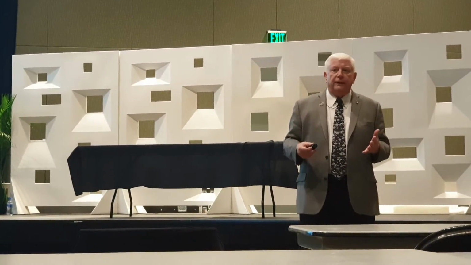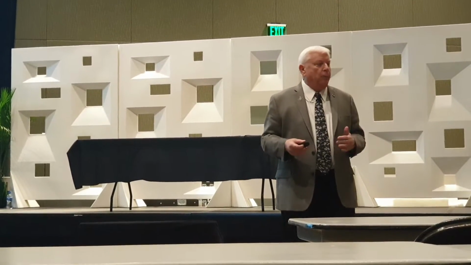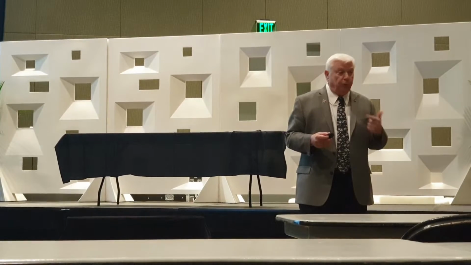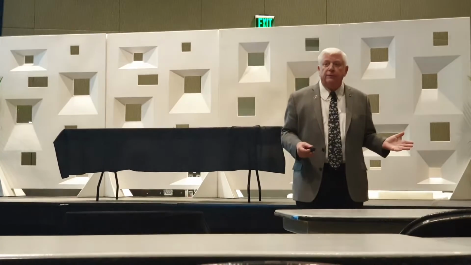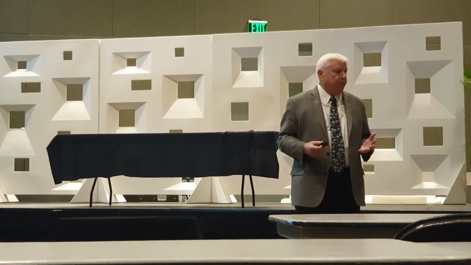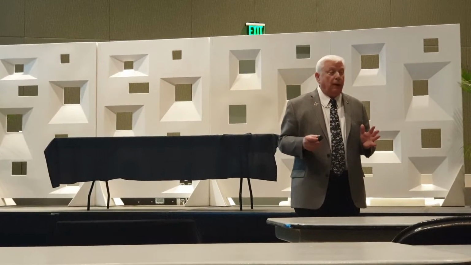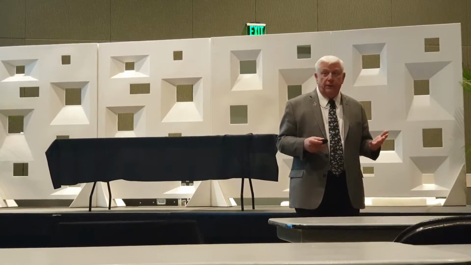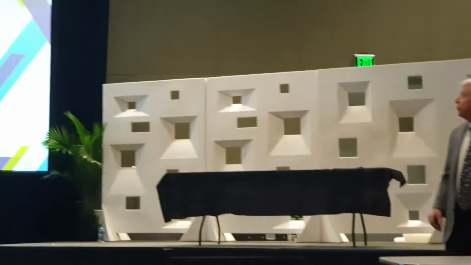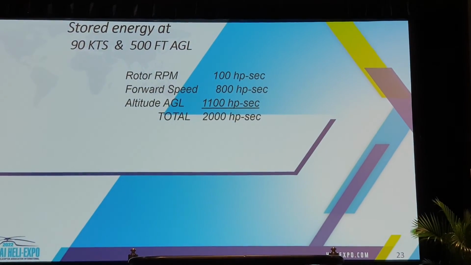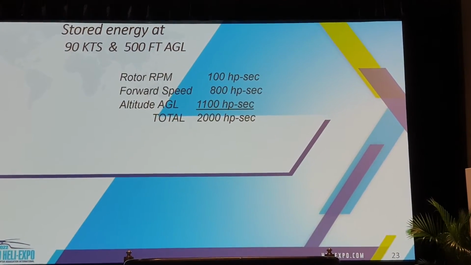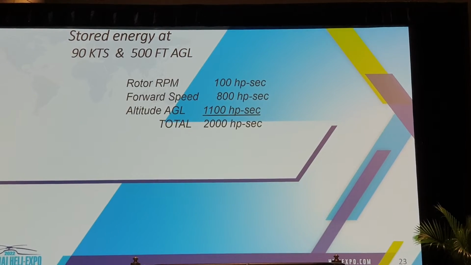The problem isn't using that energy. As Nolan mentioned a moment ago, as soon as that RPM begins to come down, it gets to a point where you can no longer access the energy that that spinning rotor is making. It still has speed, and it still has weight, so it's still producing energy. But because of the aerodynamics of the stall, we can't get at that energy. So we can actually only use about the top 25% of the energy that a rotor produces. So we have 100 horsepower seconds. All right, so you add that up, 90 knots, 500 feet, we have 2,000 horsepower seconds of energy available when